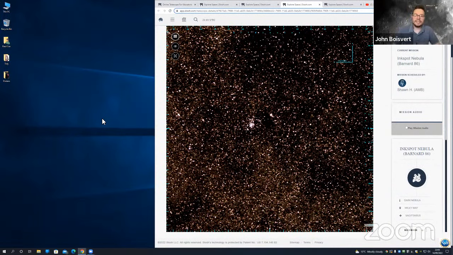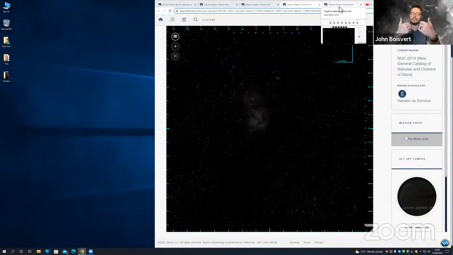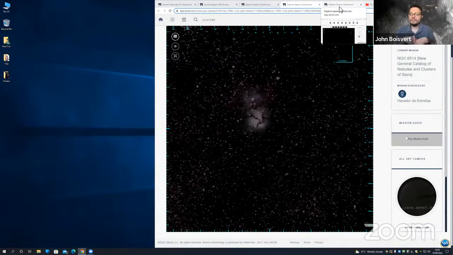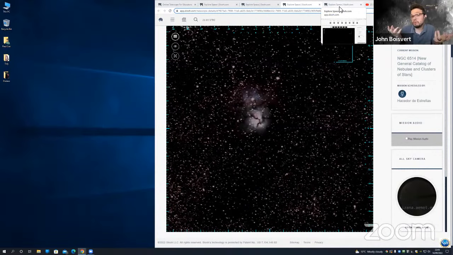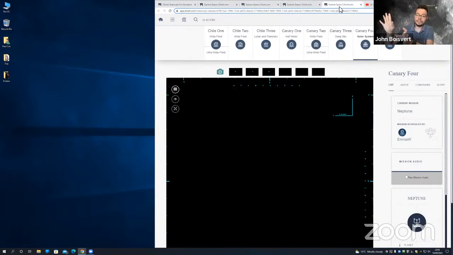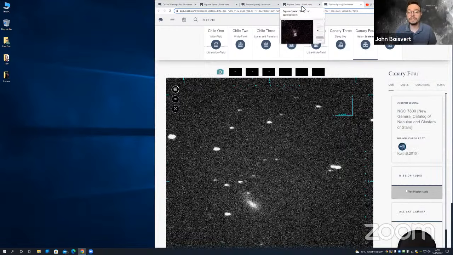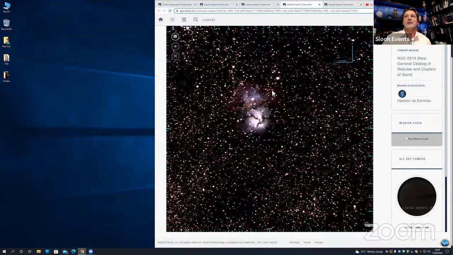A dark nebula is a cloud of gas and dust that's so thick that it's actually blocking out starlight behind it. So it almost looks like there's nothing there, but what's actually happening is the starlight is just being absorbed by that cloud. It's very reminiscent of the regular clouds that we see in the sky, but the clouds we see in the sky block the starlight with water molecules, whereas here it's dust in these clouds. And here, John, we're looking at the Canary 3 telescope.